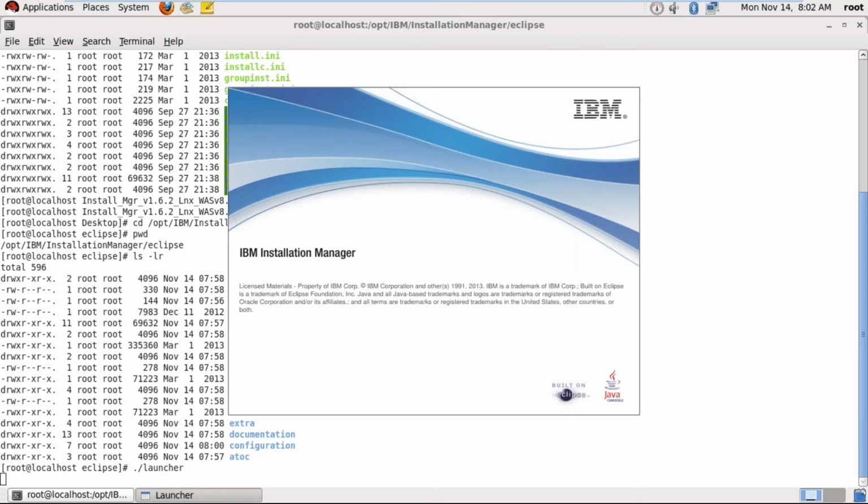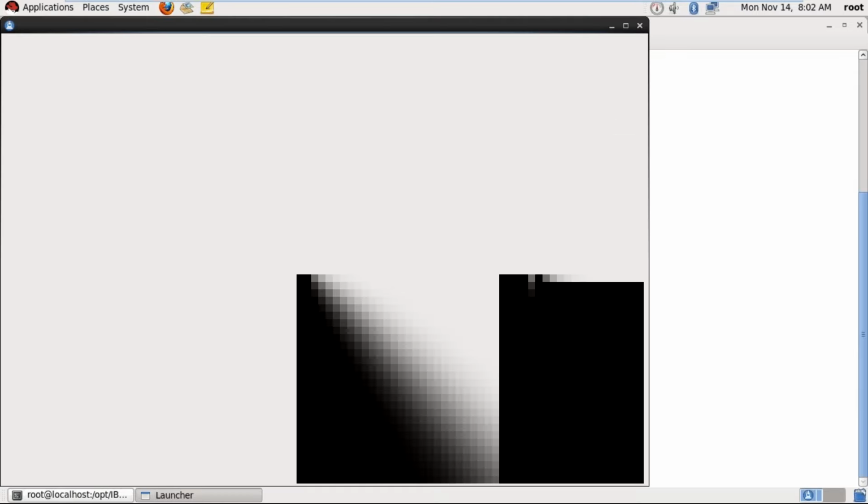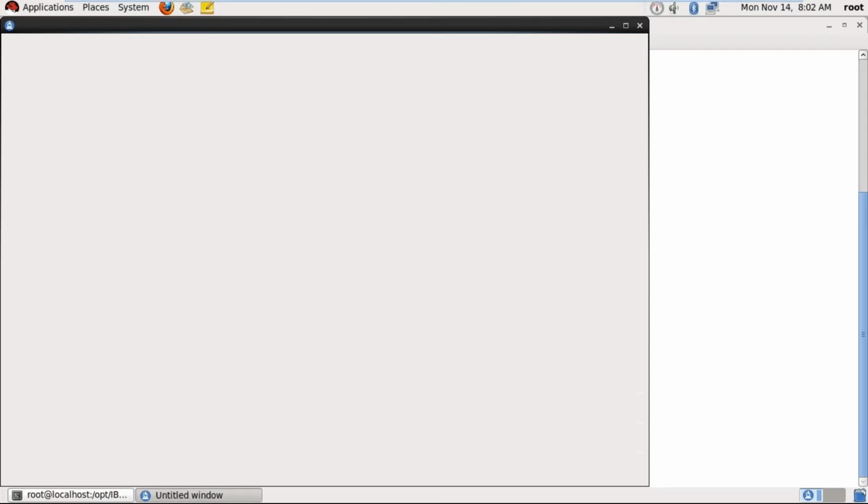Can any other users also open this one, or is it limited to root? Only the root user can do that. For other users, even we cannot install. The other user should have admin privileges so that he can install this software.